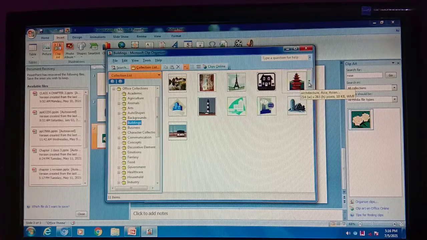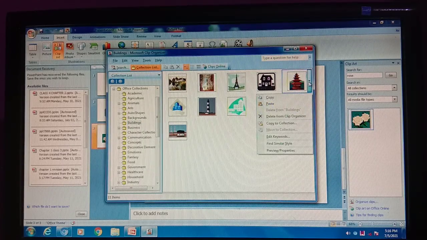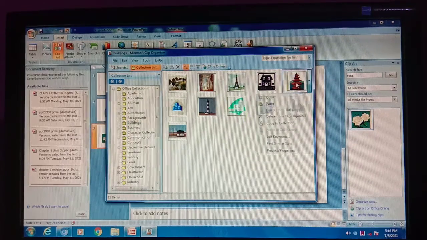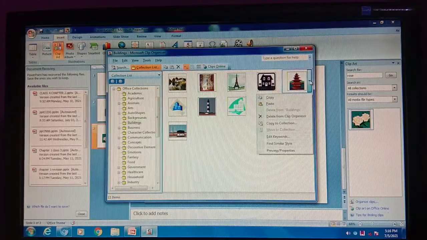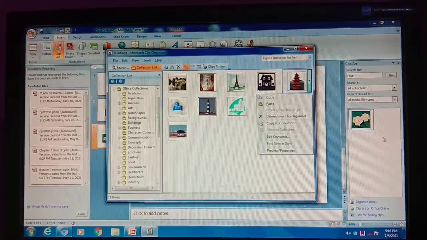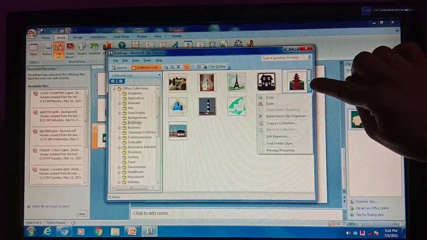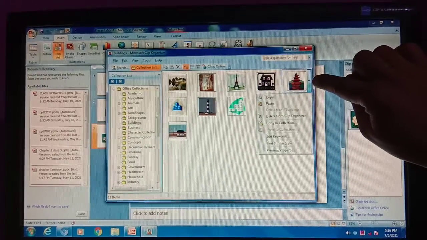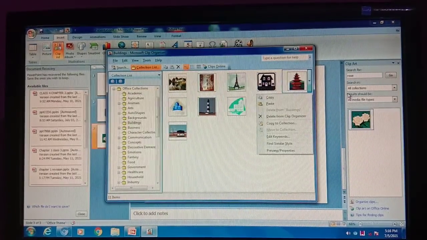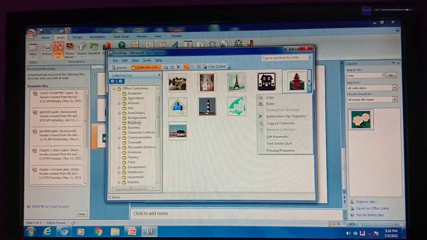What you have to do is just click on it, either right click, or click here where a downward-facing arrow button is displayed. The same pop-up menu will come.